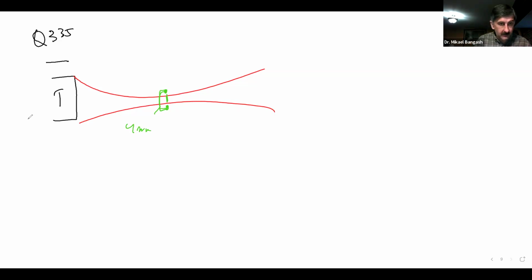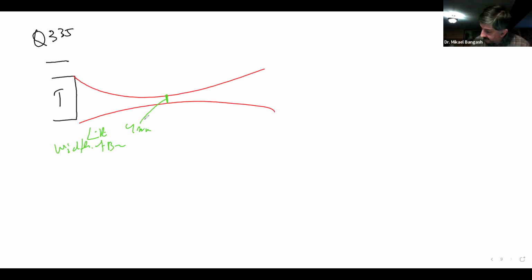Lateral resolution. That was going to be 4 millimeters. So this 4 millimeters here is going to be the lateral resolution, which is the width of the beam. Now what they say is that